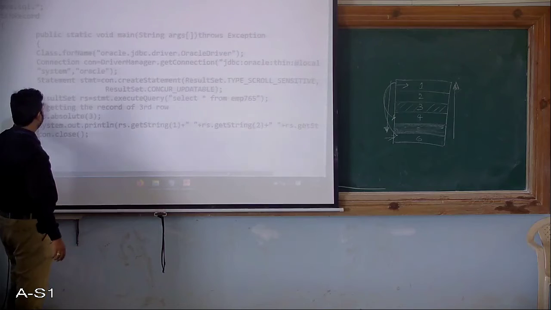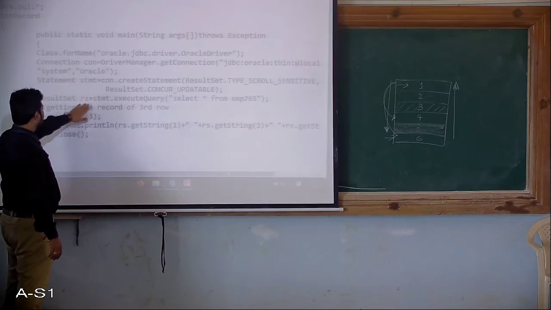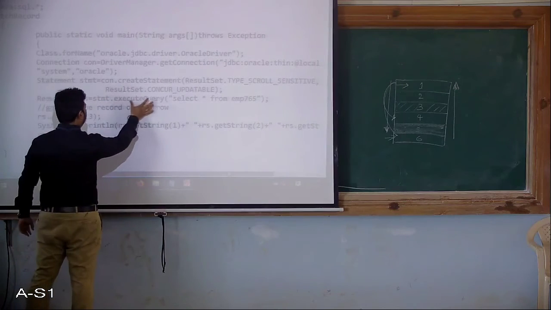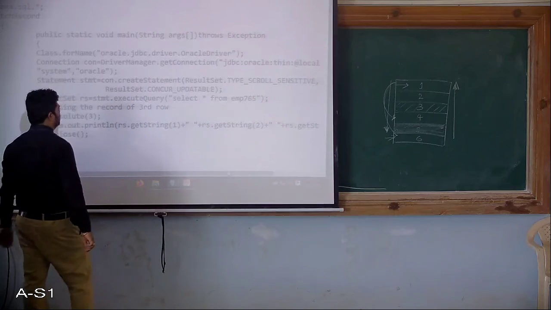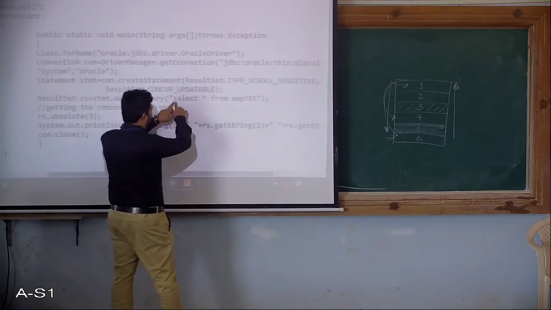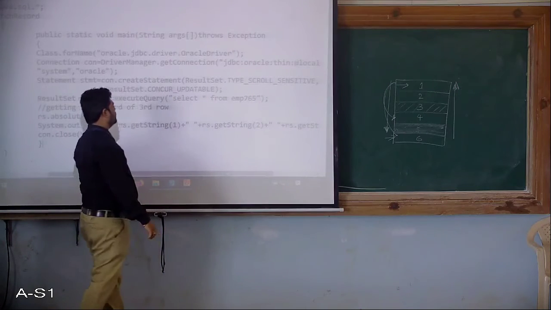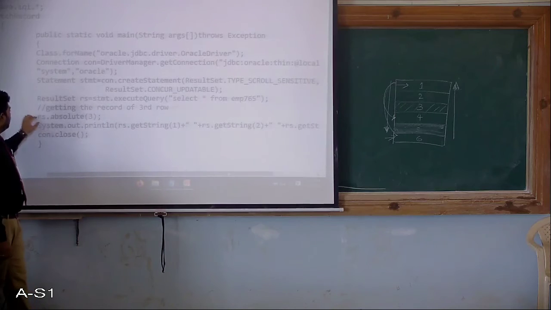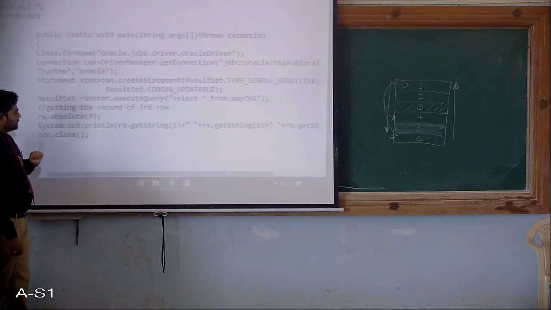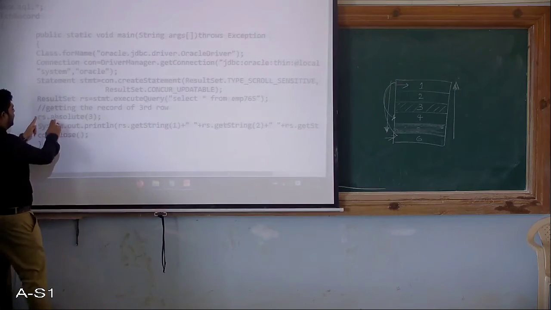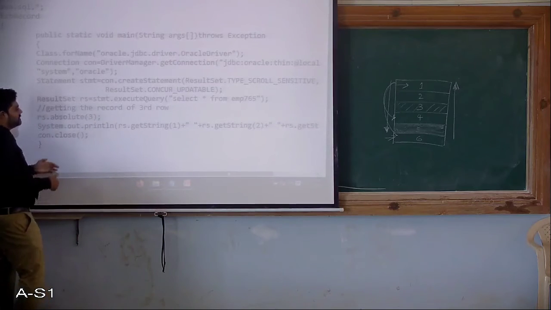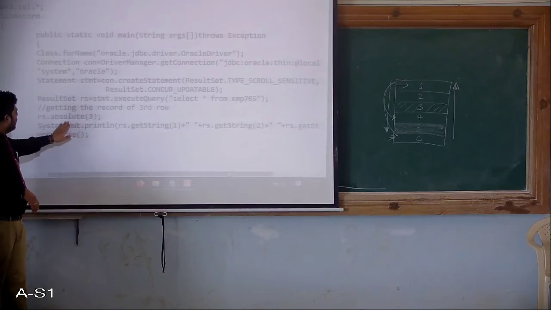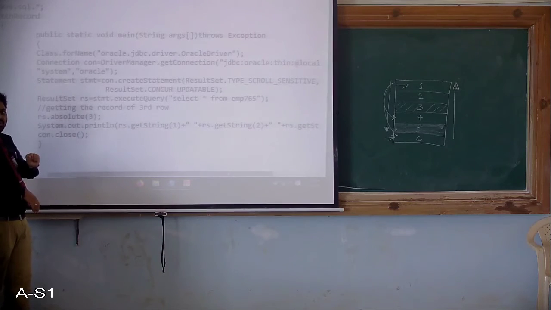Okay, then I am going to declare the ResultSet interface reference, that is rs, and I have taken it as an object, statement.executeQuery. What is that executeQuery? I have taken the SQL query as select star from the so and so table. Then, getting the record from the third row, it is rs.absolute. Just now we discussed rs.absolute of 3, meaning I am going to get the results from the first 3 rows, or what absolute will do is take me to that particular row directly.